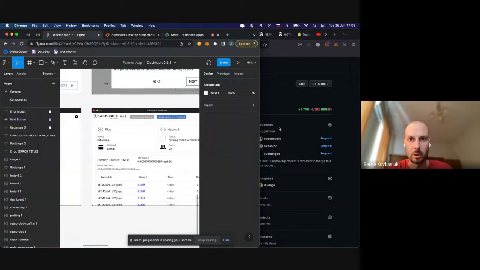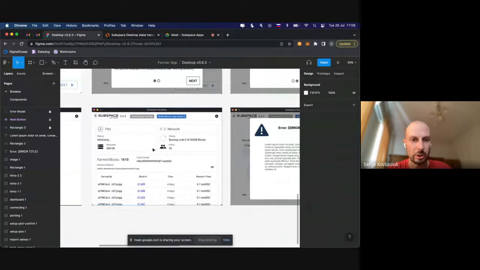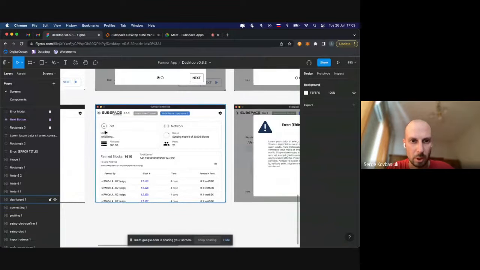This one. So this is our current dashboard, and we have this plot component. So first of all, at some point we lost the icon here, similar to this icon and here. And we have this status. Currently it's initializing, but in the code I saw some statuses like